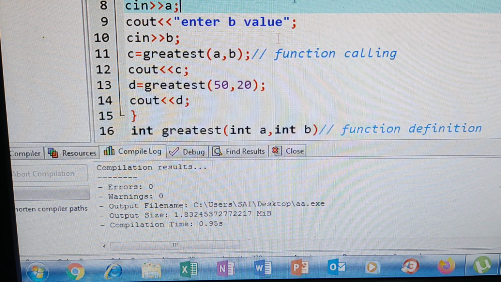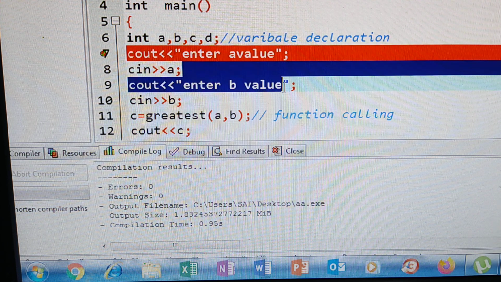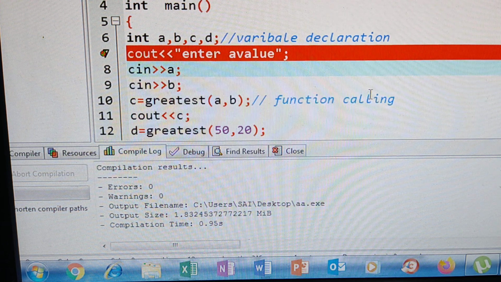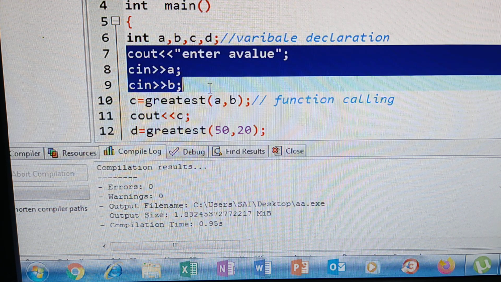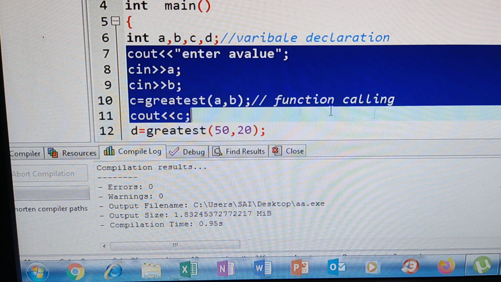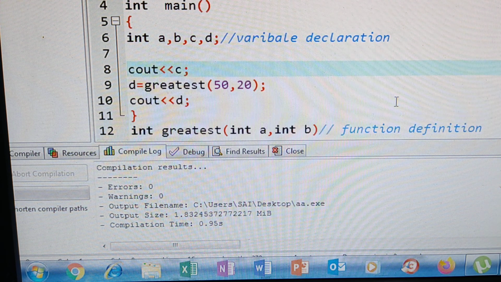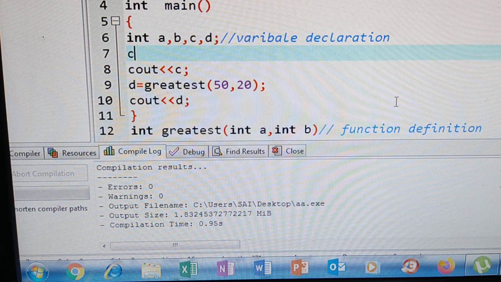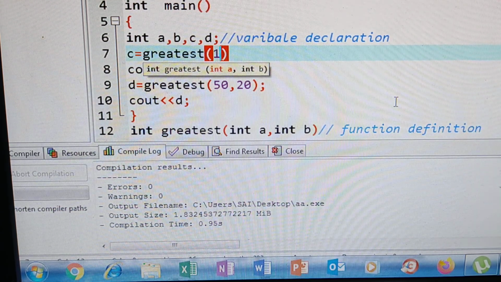See here I am removing this code. Here C equals to greatest 10 comma 40.